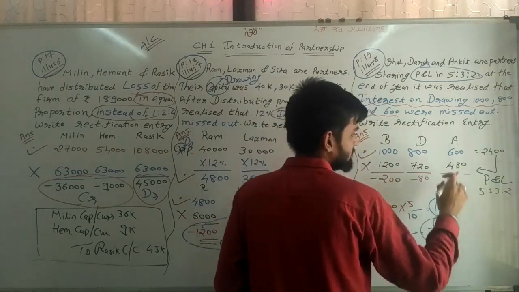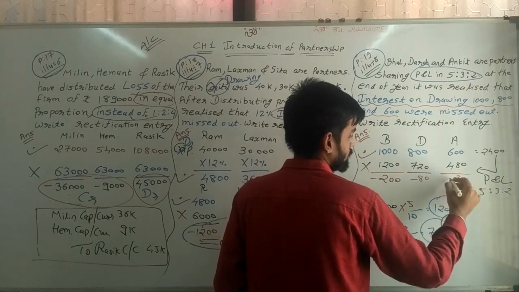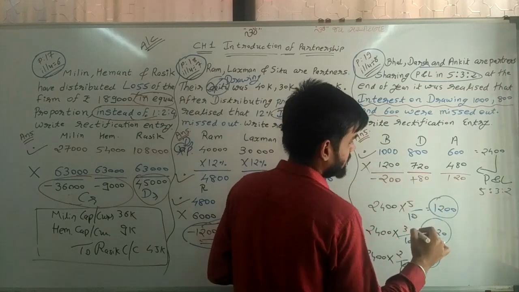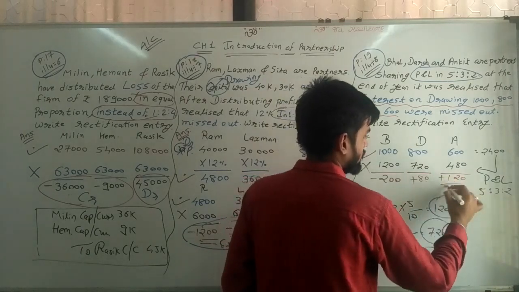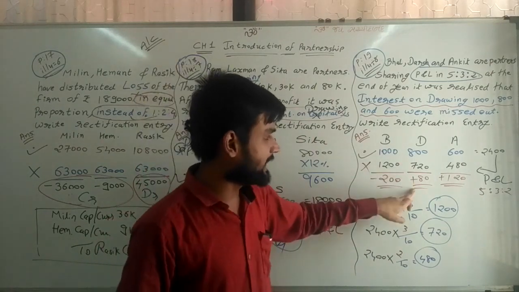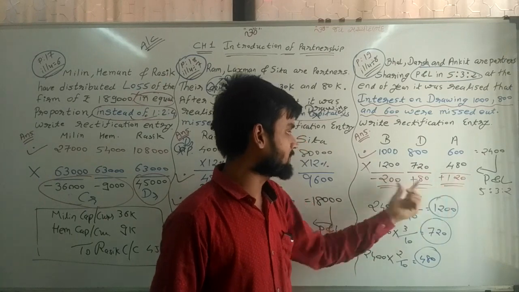And finding here difference, 600 minus 480, so 120. Here plus answer is there. So 800 minus 720, 80, plus 600 minus 480, 120, plus total of these two, 120 plus 80, answer is